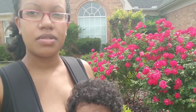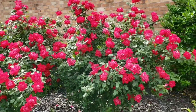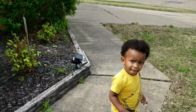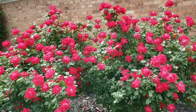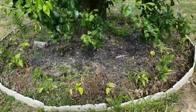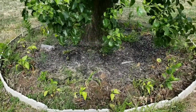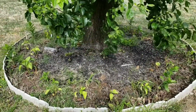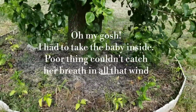Look at the roses. This looks so pretty. Ooh, it's pretty, right? It's pretty. Hi. Insisted on putting some peppers in the front. We gotta clean this up too, but there are some jalapenos, some cayenne peppers, and I think some banana peppers, along with the flowers that will